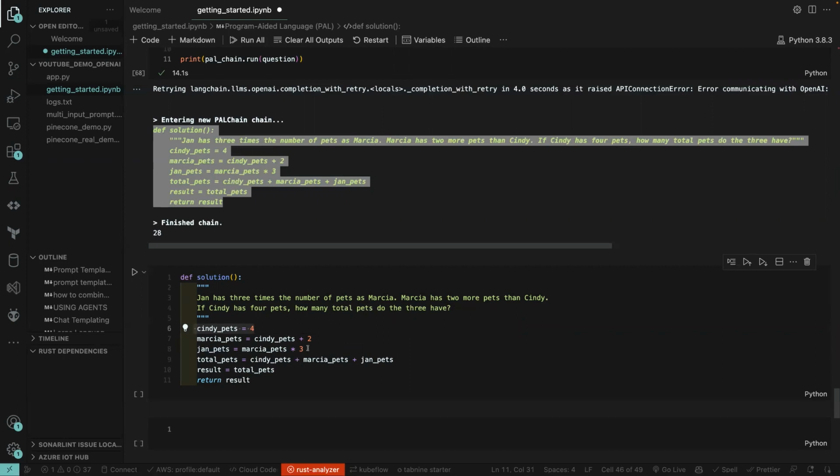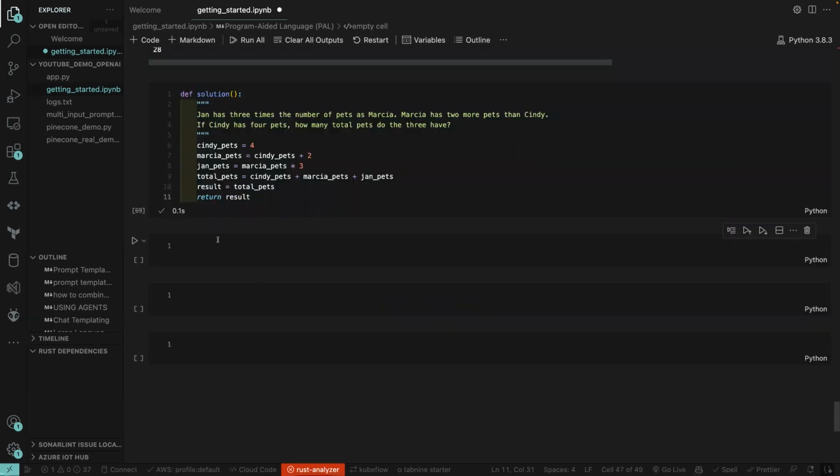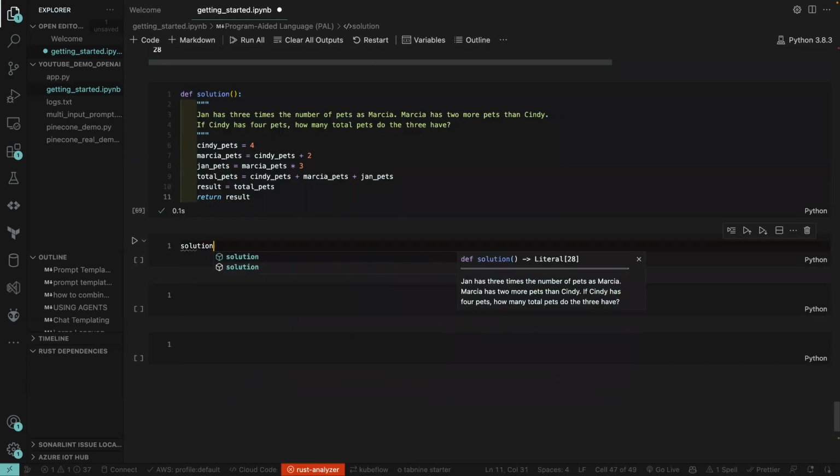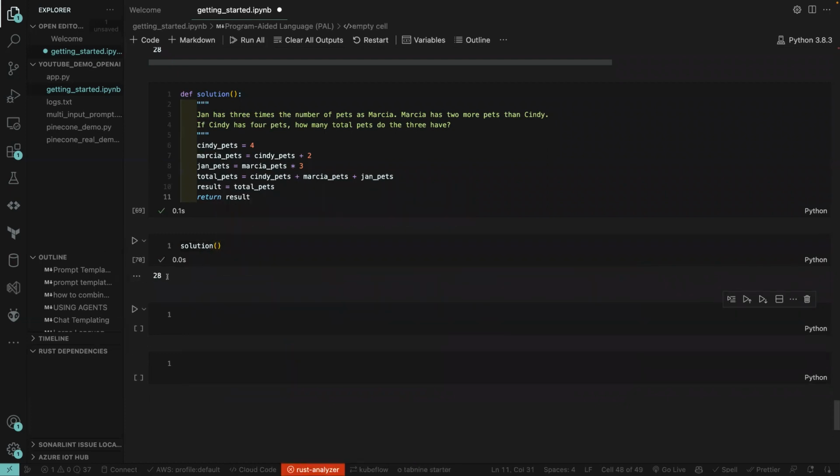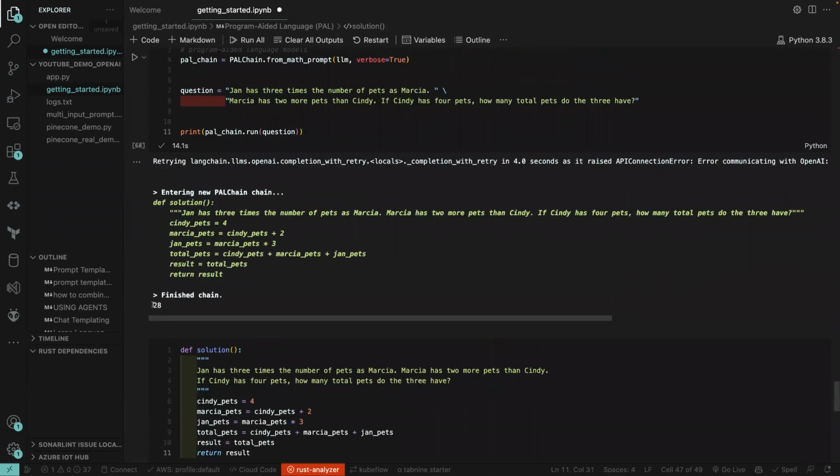You can see that Jane has 3 times the number of pets as Marcia, so it's 3 times the pets of Marcia, and Marcia is what? Cindy plus 2. Marcia has 2 more pets than Cindy. So this is the thought process. If you want to know the total pets, it's Cindy's pets, Marcia's pets, and Jane's pets, and then you add everything together. And once you run this and call the solution function, it should return 28 for us. So you can see that the large language model was able to give the final answer as 28. Okay, so let's try another